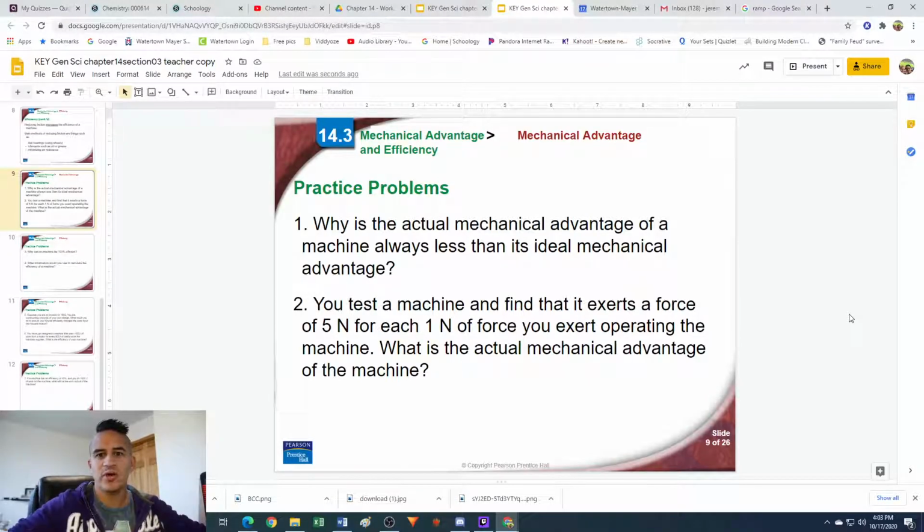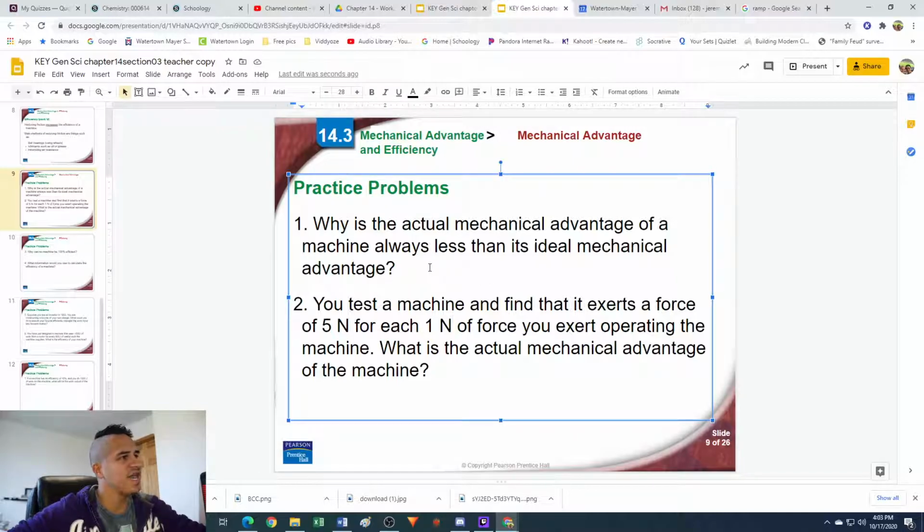In this video, we're going to be going through the practice problems in chapter 14.3 on mechanical advantage and efficiency. So, beginning here with number 1, it says, why is the actual mechanical advantage of a machine always less than